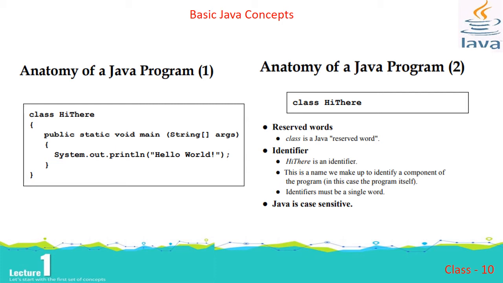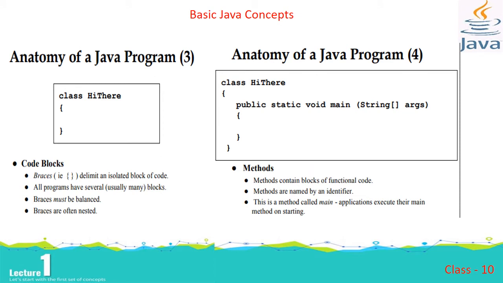In Java programs, we write the entire thing, the statements, in a class, and in the class we write the various methods, or we can say the functions. Again, a very important part is that Java is a case sensitive language. That means uppercase letters are different from lowercase letters. So if anything is written in uppercase, it has to be written in uppercase to refer to it later on.